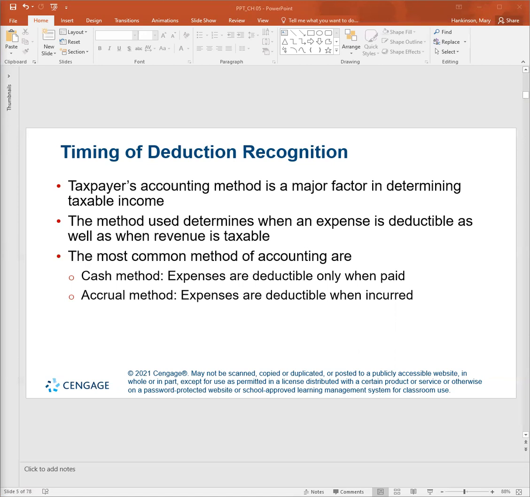Now, under the cash method, just real quickly, just to reiterate what they mean, expenses are deductible when paid, not when they're incurred. And in the accrual method, expenses are deductible when the expense is incurred. So throughout the portions of the code dealing with deductions, deferred, paid, or incurred will be used. A cash basis taxpayer is generally allowed a deduction in the year that the expense is paid, and an accrual taxpayer is allowed a deduction in the year in which the liability for the expense is incurred.